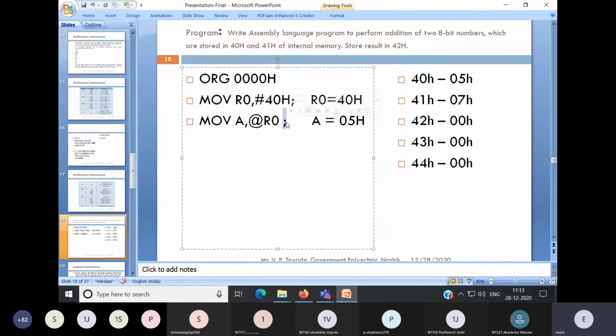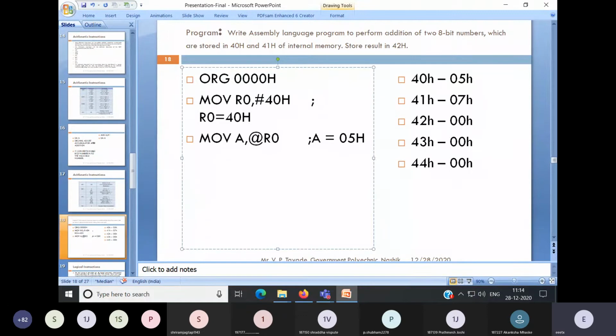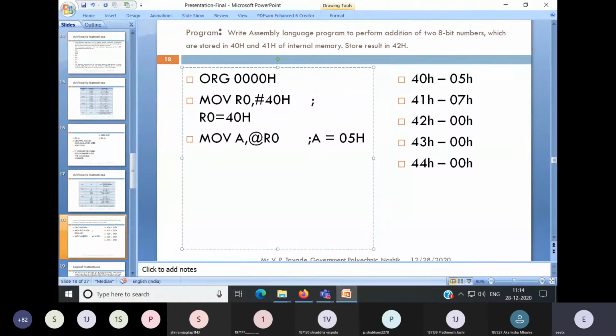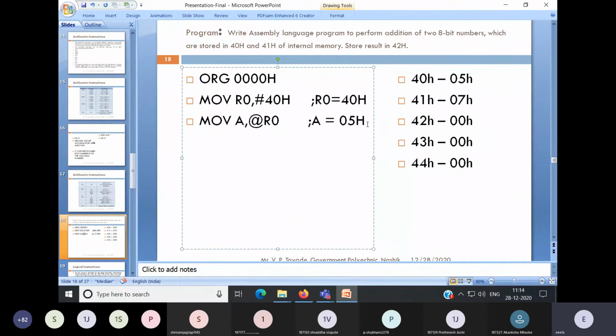Again, this semicolon is not a part of your program. Don't get confused with this semicolon. It is not like C programming.